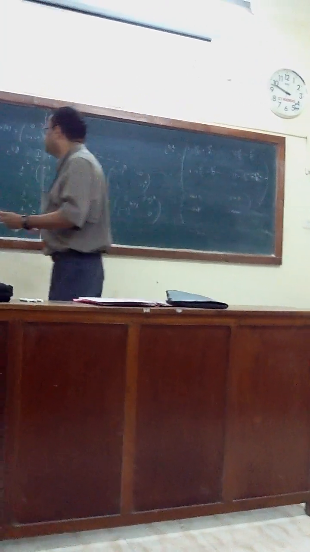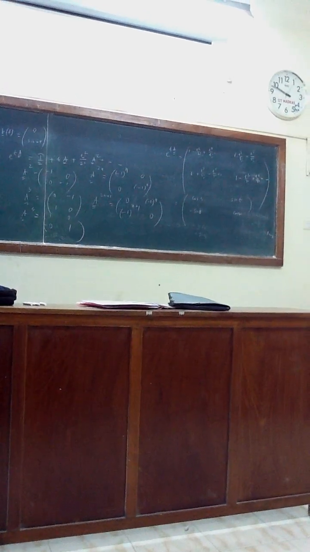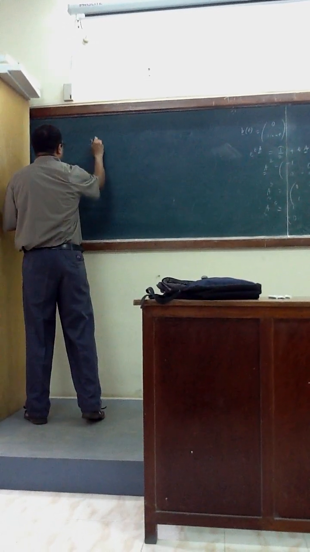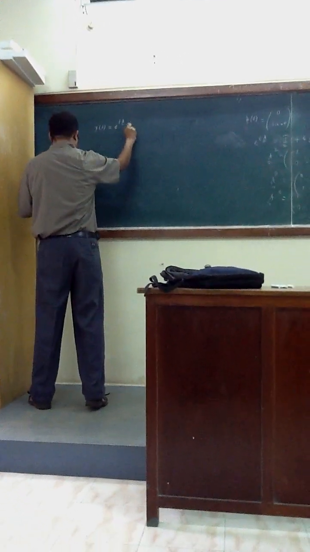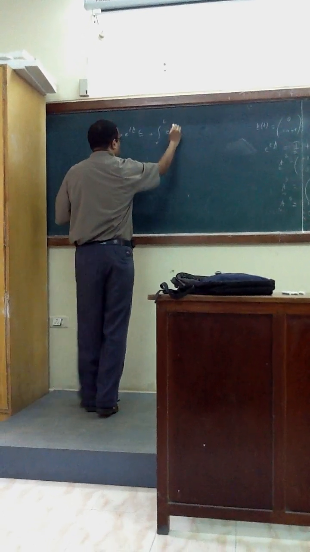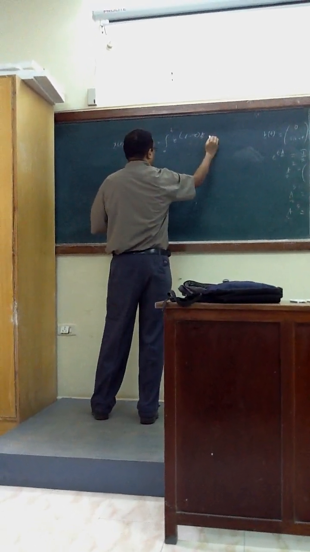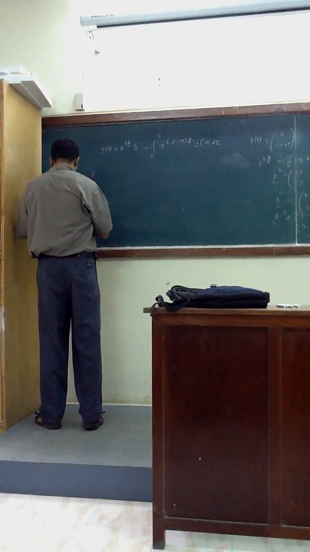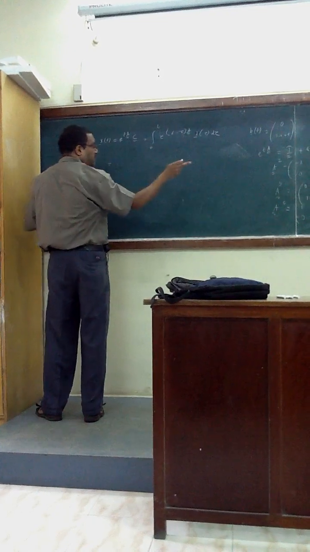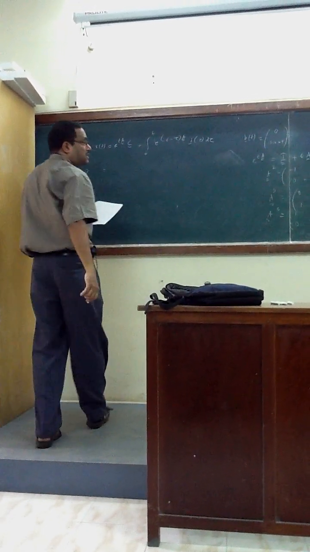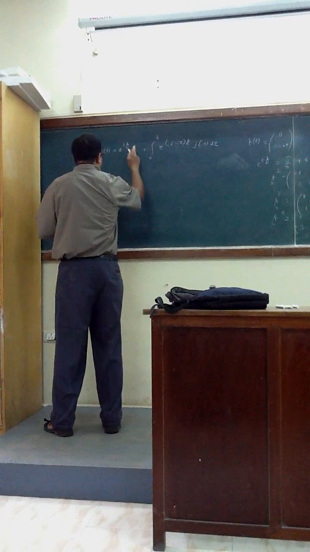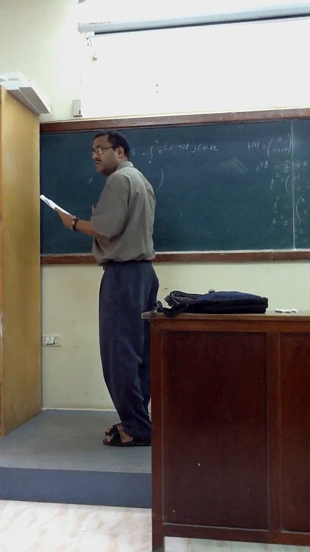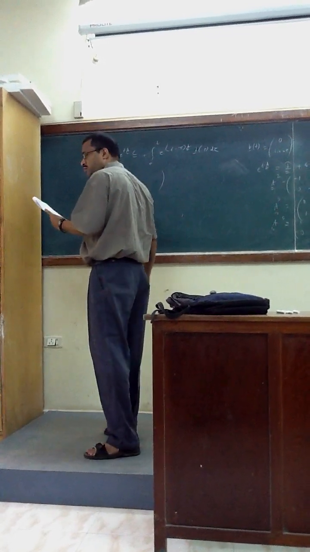Now, what is the solution? This 2 by 2 system only, very quickly you should do. x(t), which is e to the power tA c plus integral from 0 to t of e to the power (t minus tau) A b(tau) d tau. So, we will have e to the power tA, already we have seen, which is cos t, sin t, minus sin t, cos t. The c vector is c1, c2. What is the answer? It's a column vector. Tell me quickly, what is the column vector?